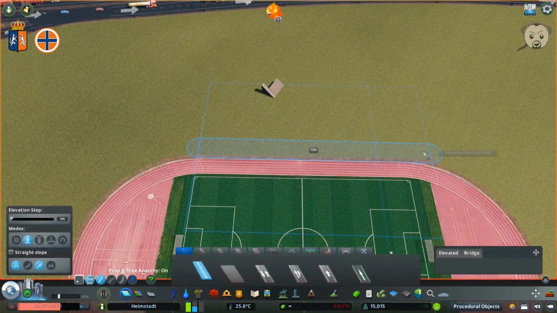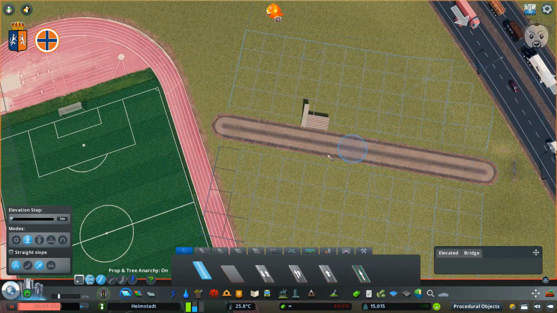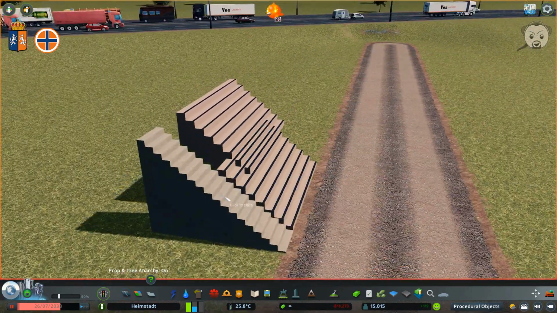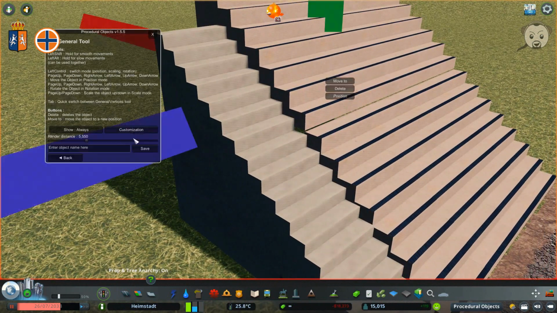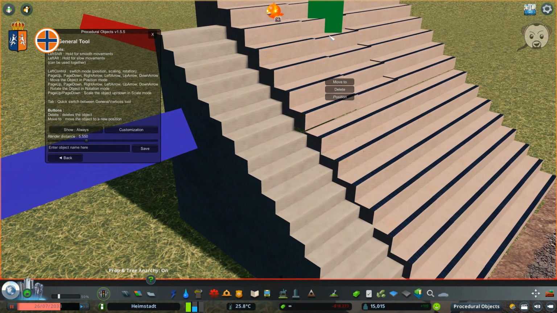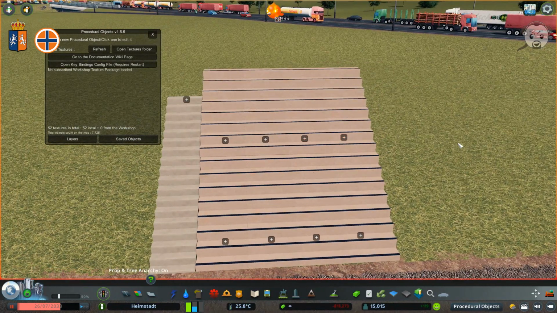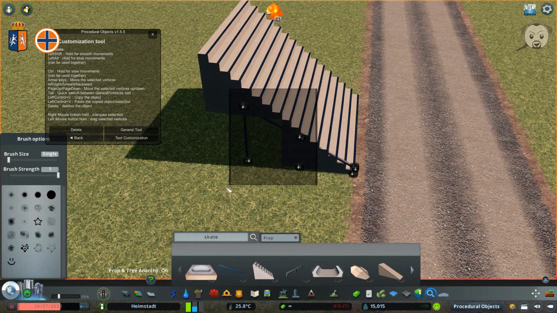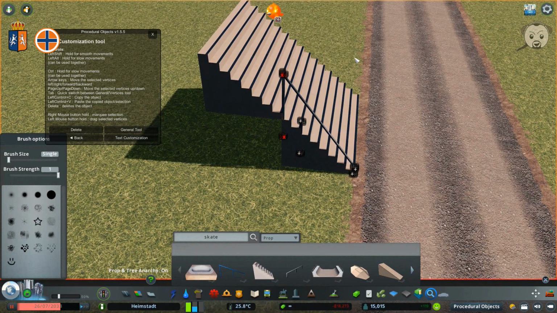Now, I place a road for measuring out the size of the stands. By the way, I placed the stairs as procedural objects, mostly so this won't count to the prop limit. But in hindsight, I also could have enlarged them a bit, so I wouldn't have to use over 1400 items. Well, apart from that, I'm going to edit quite a few props and buildings as well, which you will see later in this video. And when you turn an asset into a PO, it automatically aligns to the underlying grid